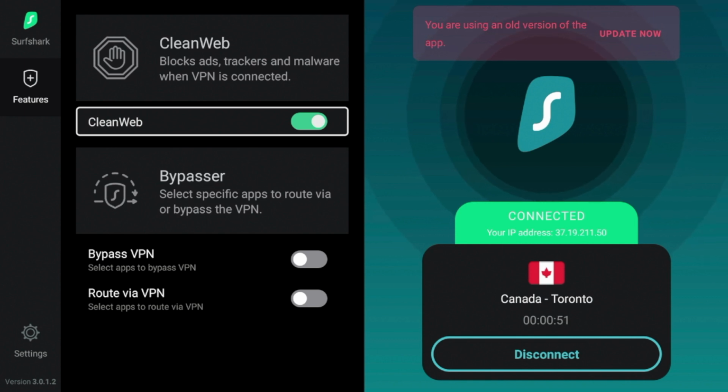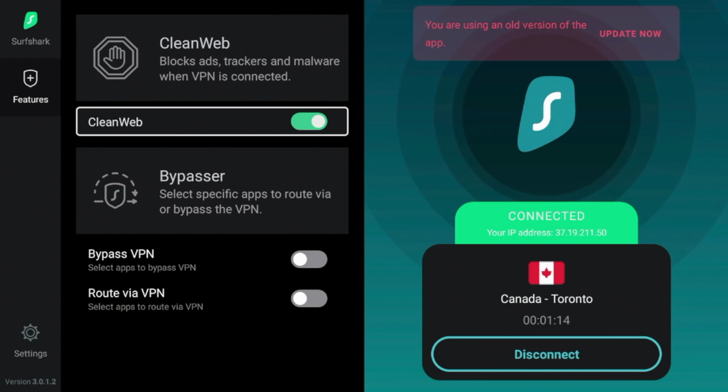Surfshark VPN. And this not only works on the Fire Stick, guys, but this is more important for, let's say, mobile devices or computers or tablets. When you're accessing websites that are riddled with ads or malware, using Clean Web is the perfect solution instead of some of these other ad blockers that have all sorts of problems, and you can't even run VPNs in conjunction